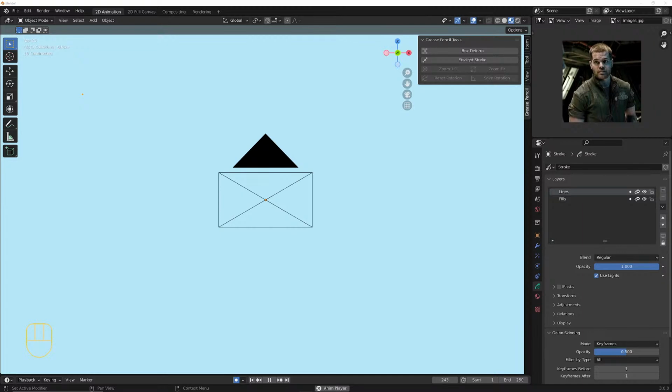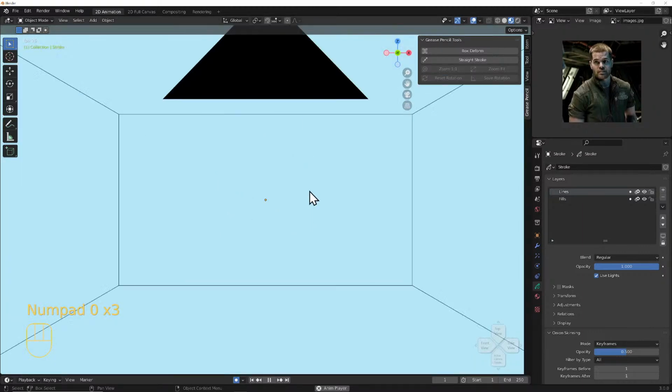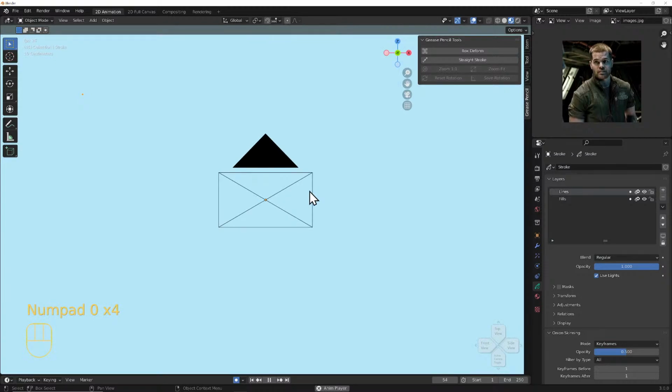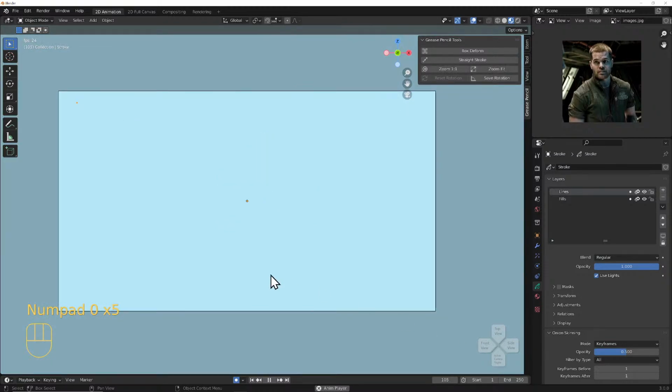Let's see. That's all working really well. Side view. Active camera toggle. Oh, okay, cool. So I just go down. There we go. Yes, okay, got it. It even says right here. Let's